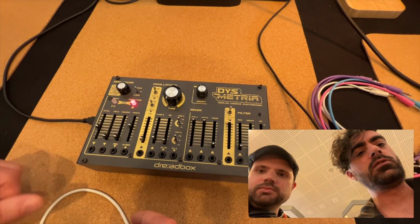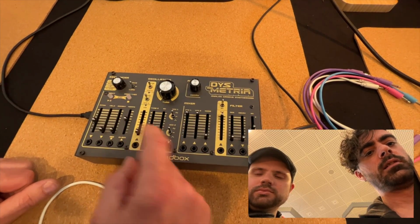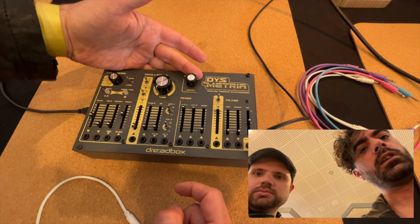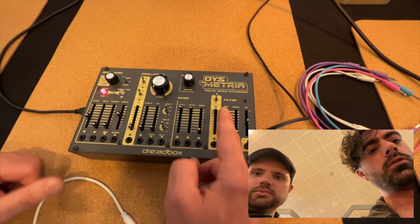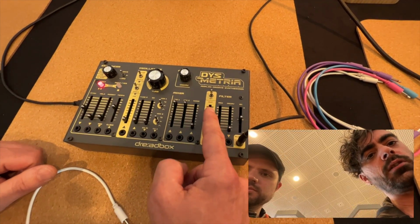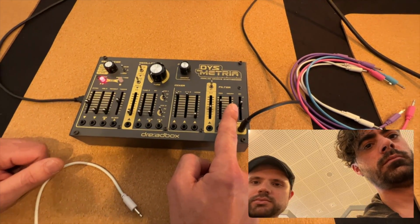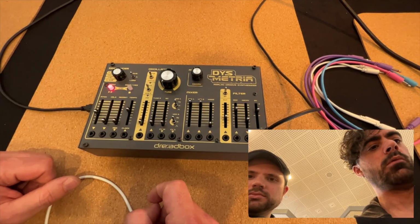Now I change the divisions anyway. So now we have this simple raw sound of 2 oscillators. And what you want to do at first is sculpt that sound. Let's say we want to start here,